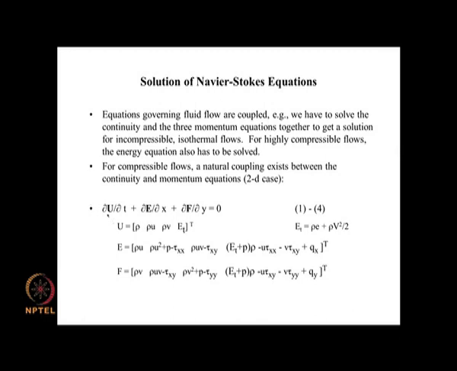So, if you substitute that here, you get dou rho by dou t plus dou by dou x of rho u plus dou by dou y of rho v equal to 0, and that obviously is the continuity equation. Now, if you are looking at the x momentum equation, you must take the second term here and the second term here and the second term here, and what is the second term here? This is rho u, whereas the second term of E here consists of 3 components, rho u square plus p minus tau xx,